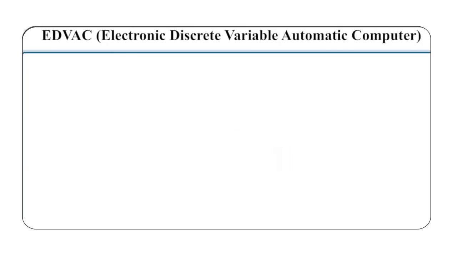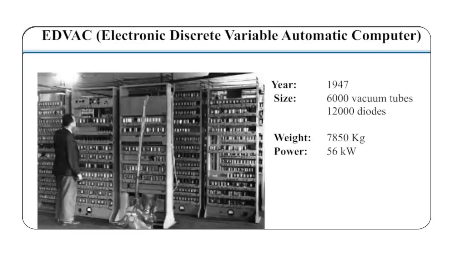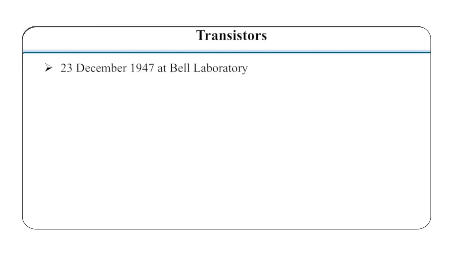Another computer, EDVAC, or the Electronic Discrete Variable Automatic Computer, was designed in 1947 to store 2 programs at once and switch between the sets of instructions. It contained over 6,000 vacuum tubes, 12,000 diodes, and consumed 56 kilowatts of power. It weighed 7,850 kilos. A major breakthrough occurred on 23rd December 1947 when Bell Laboratories replaced vacuum tubes with the invention of